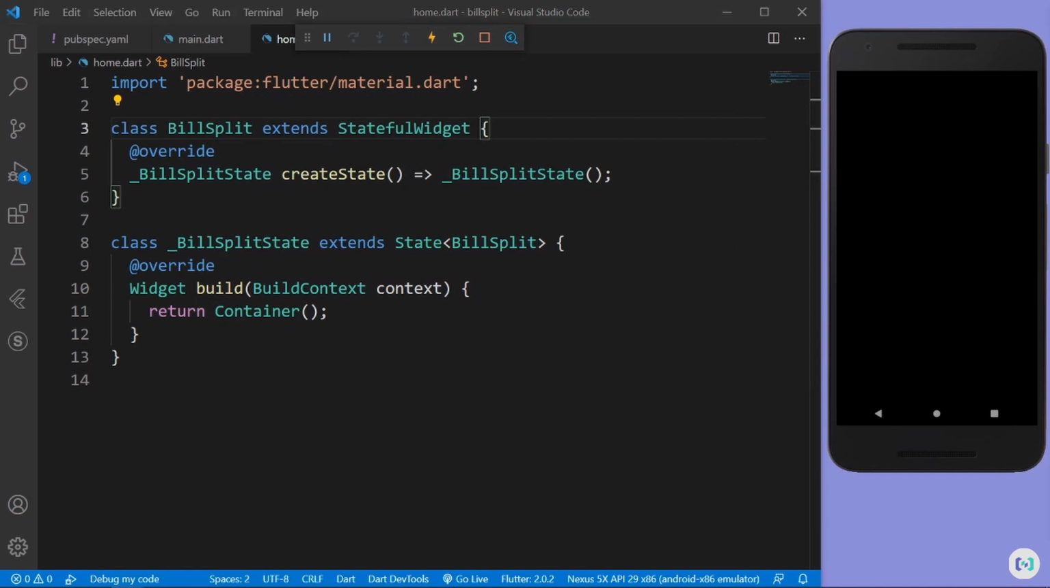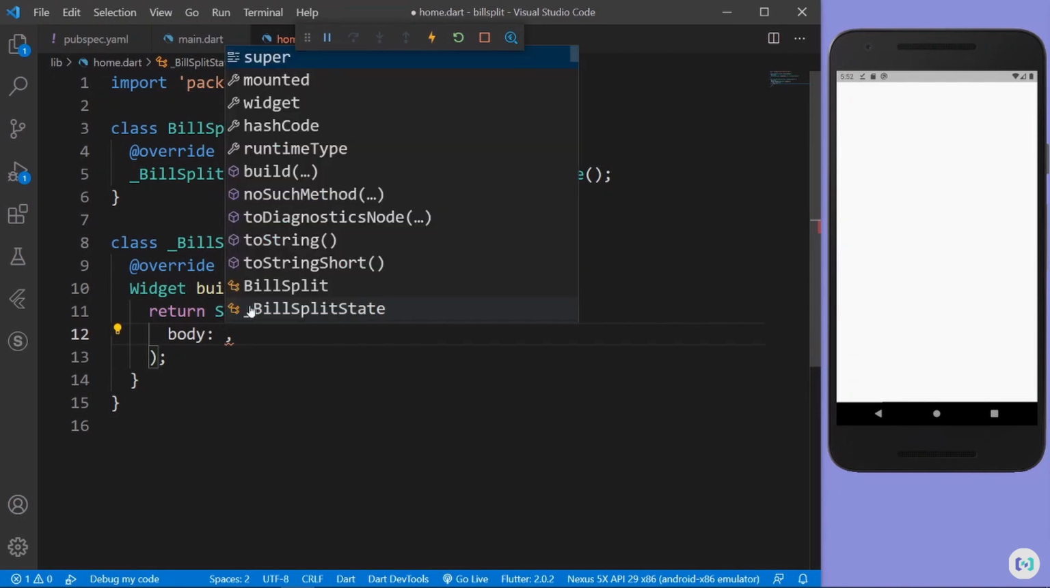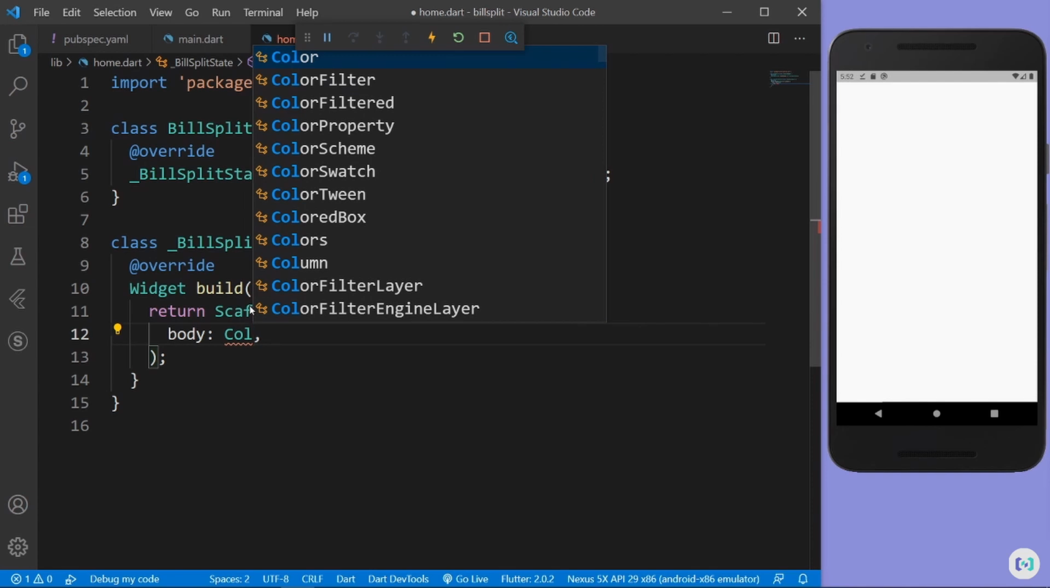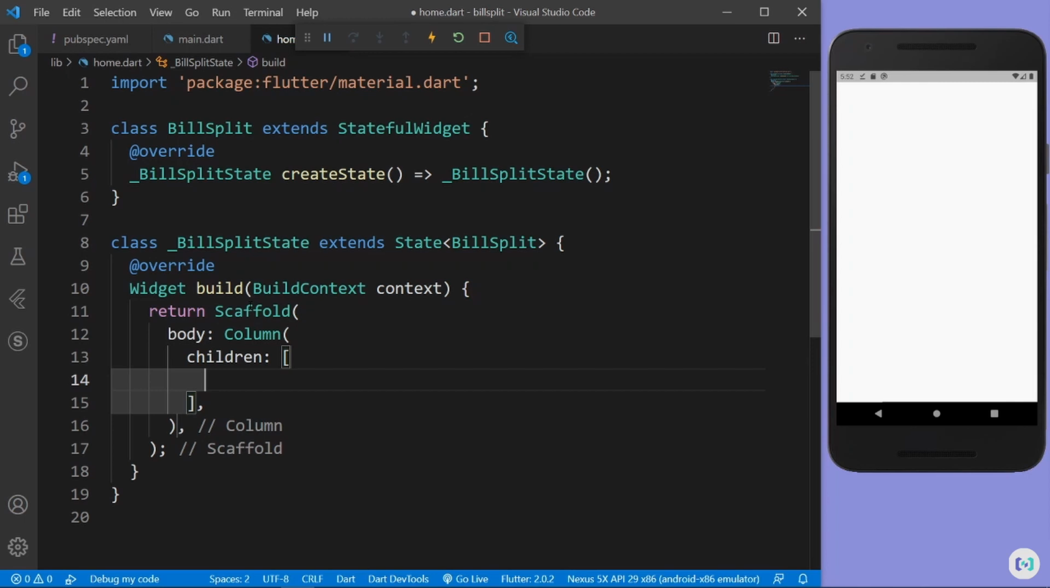But actually let's not return a container, let's return a scaffold, so that first of all everything will be white and I can give a custom body. Let's return a scaffold. There you go. Now in the scaffold, what is my actual body? So my body is gonna be a column because I'll have elements beneath each other. So let's say body column, and in the column I have multiple children. Okay, so the first child is going to be a text named split bill, the actual title of my whole app. So I'll say text widget, and I'll say split bill,